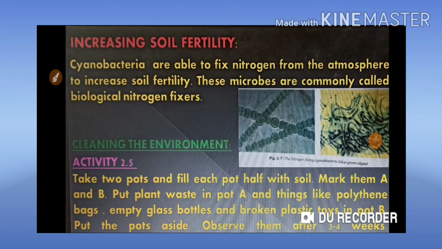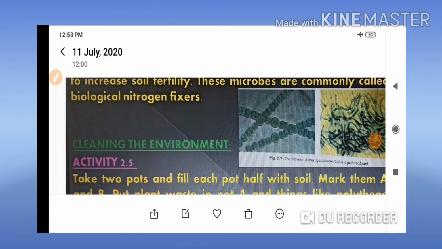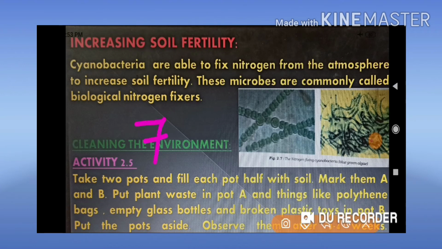This is how there is a relation between the plant and these cyanobacteria, and these cyanobacteria play a very important role to fix nitrogen from the atmosphere. Got my point? Nitrogen is abundantly available in the atmosphere, nearly 70 to 80% in the environment. See this, what is the percentage? Nearly 70 to 80 percent. Abundantly means you are getting very much, 70 to 80%, so it is so high. So see, this is available abundantly in the environment.